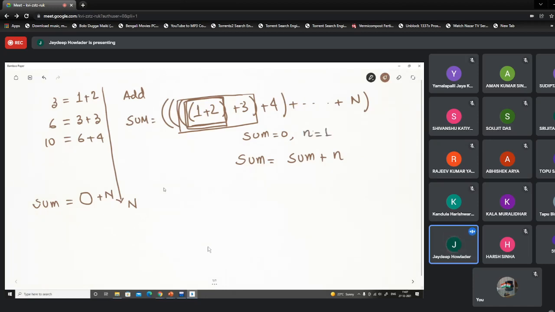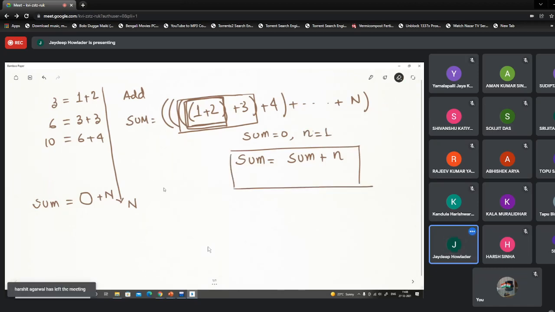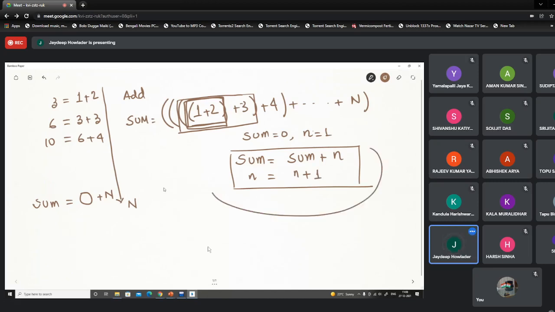Then we have another operation which increments n plus 1. If we do these things repeatedly, I am able to compute 0 plus 1.